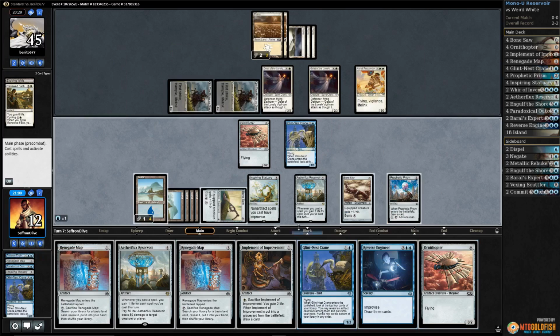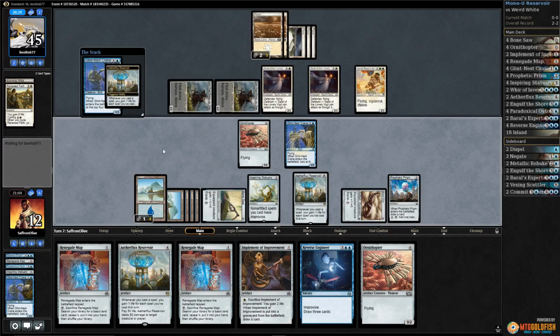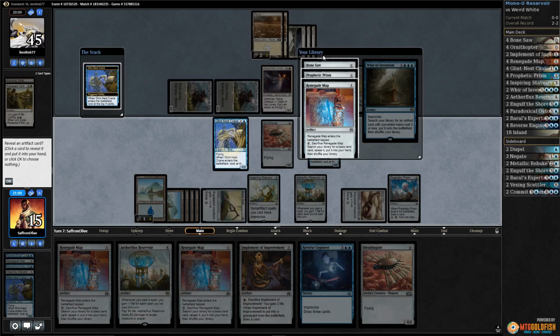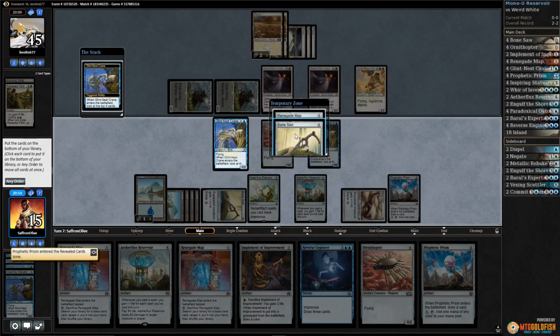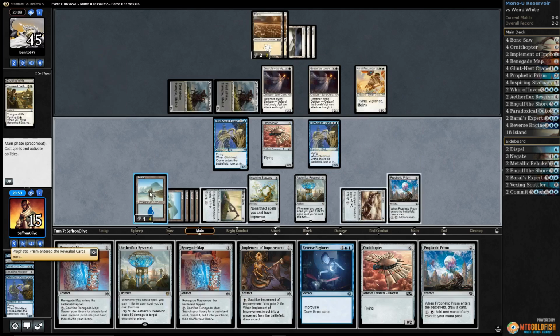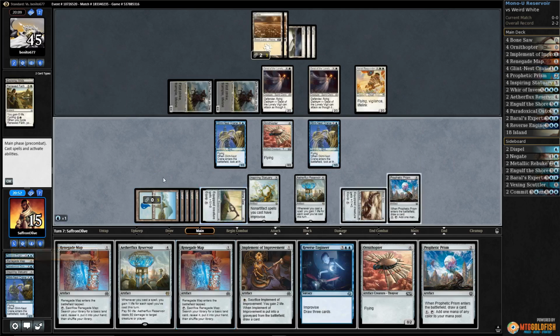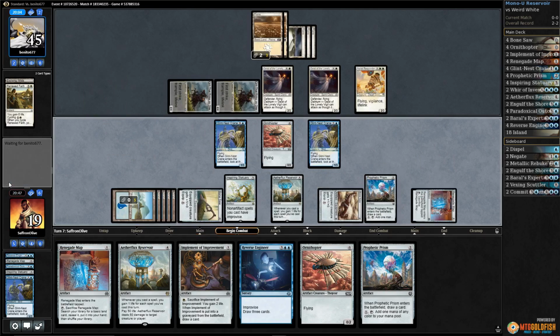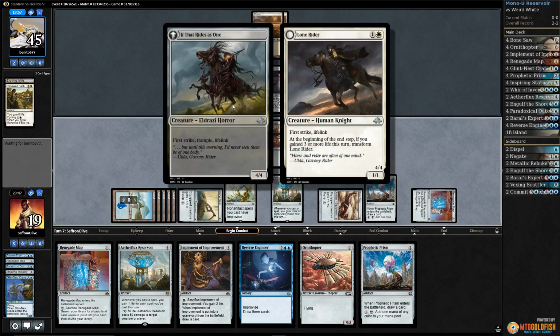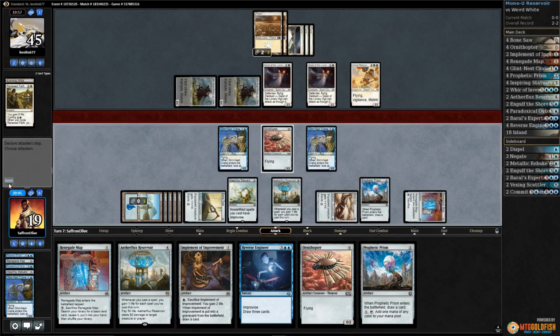Play another Glintnest Crane. Gain some more life. Well, we might have to take Prophetic Prism for the card draw. Take Prism. We're not winning this turn anyway. And then just play Renegade Map. Up to 19. And pass the turn. So we're out of the danger zone of dying to these...